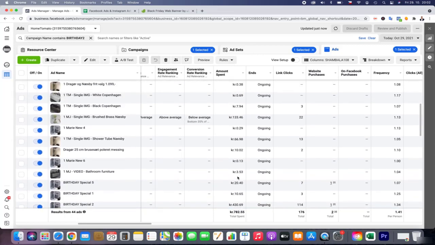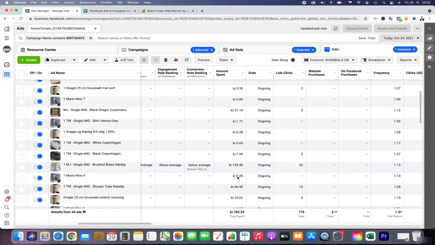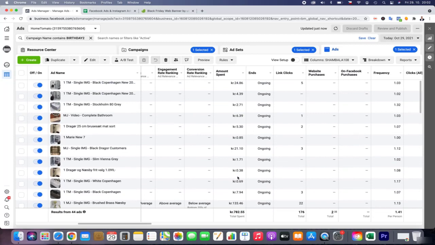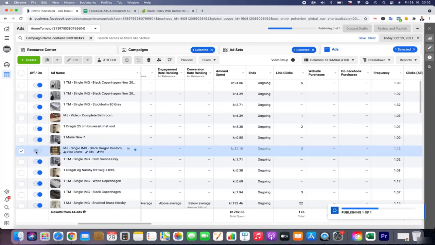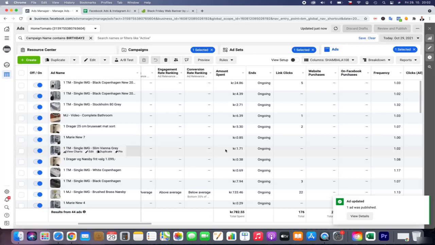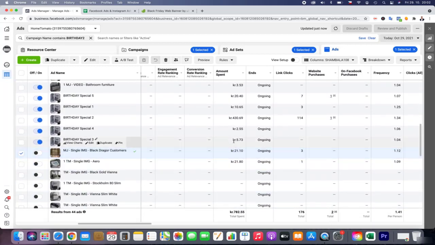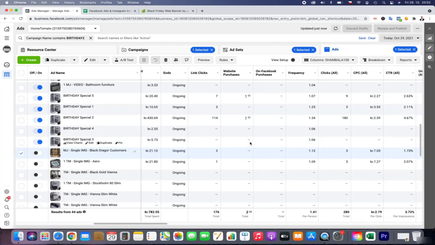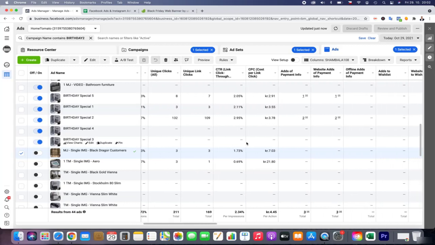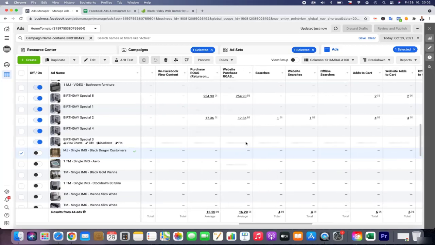And this we discovered the way that we go on the amount spent, and I think we have a lot of ads, so we can turn it off. And basically the question is this one. But this is birthday special, so I don't want to kill it because it's birthday special. It's good to show.